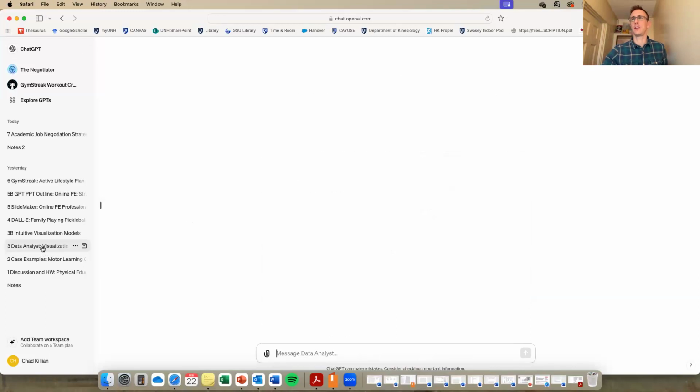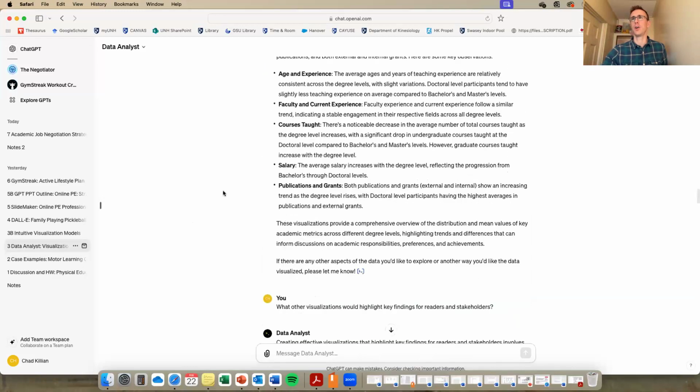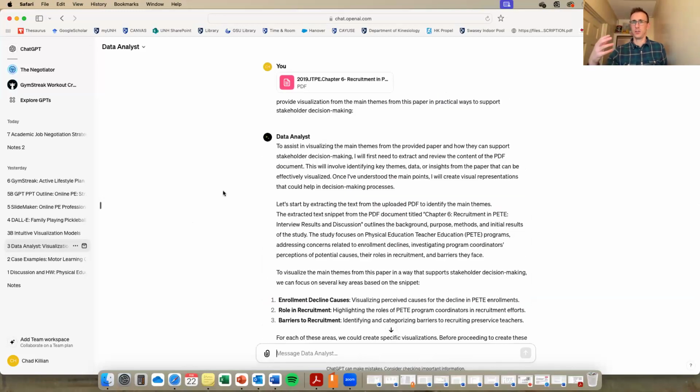This one, I think, is going to be really awesome as it continues to evolve. This is a data analyst GPT that allegedly analyzes data and displays it. So just playing around with this, I took the recruitment and retention qualitative study that we did for the monograph, that was 2019, I guess, and put it in just to see what happens.